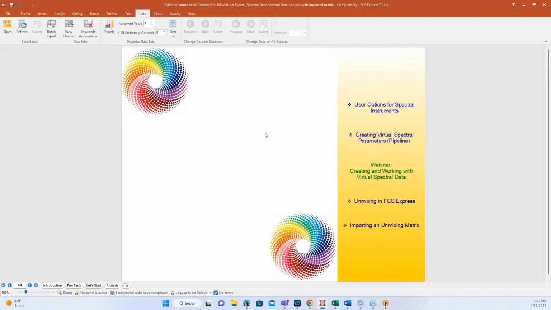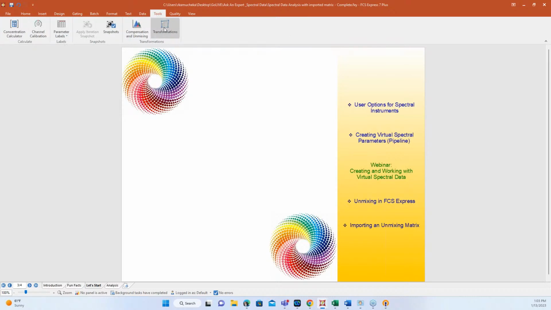Now, with some of our other instruments, you have to create a virtual spectra from the data files. You can now do this with data that's coming from a spectral instrument and also from overdetermined systems. So if you're looking at 40 different parameters and you want to create that into some kind of virtual spectra, we offer tools for you to do that because we know spectral data is such a big talking point nowadays.